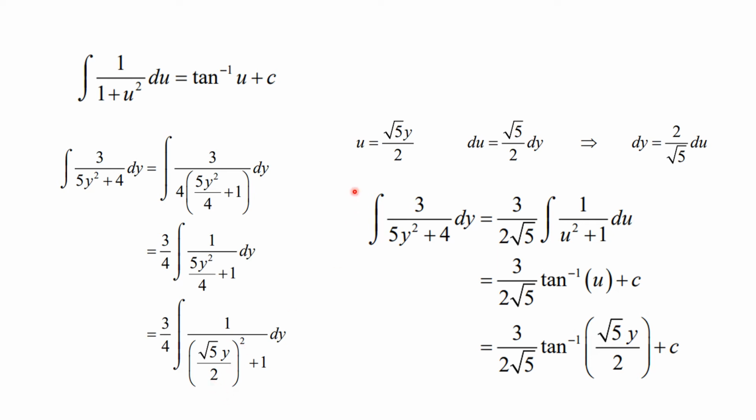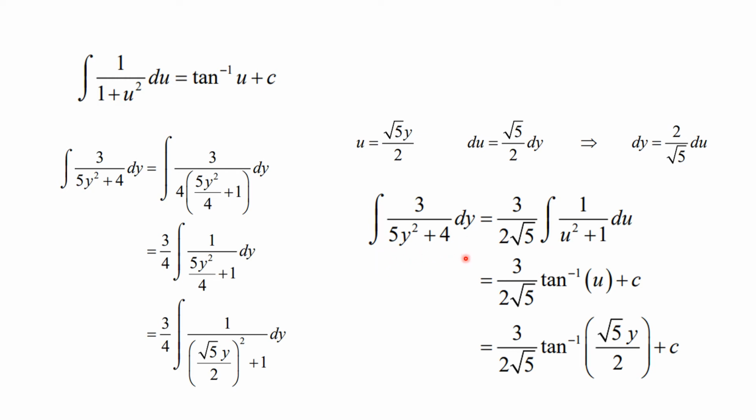So that's the substitution we're going to use. So u is going to be equal to that. du is going to be the square root of 5 over 2, and that is now just dy. So dy, solving for it, is this. So then we make all of those substitutions, so we find the integral that we were trying to compute to